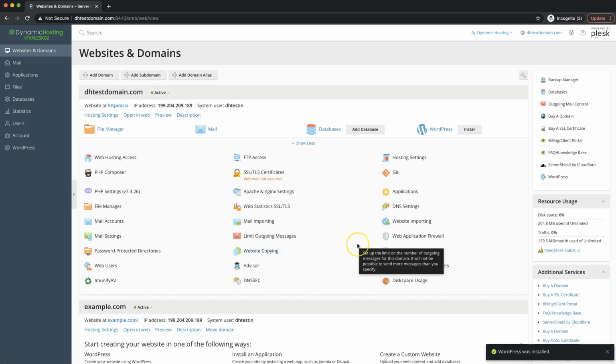Hey there, welcome to this tutorial where I'm going to show you how to install WordPress in your Plesk control panel with dynamic hosting. First thing you want to do, log into your Plesk control panel and navigate to websites and domains up here. Over here you're going to find the WordPress section which we're looking for, and you can